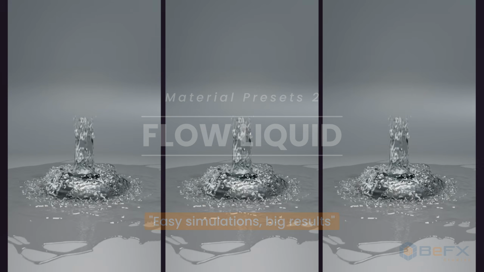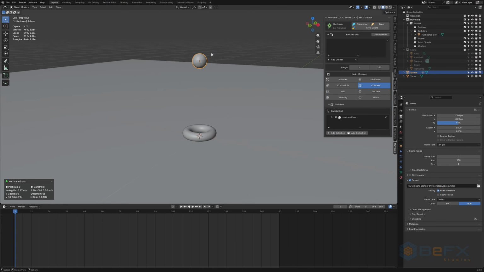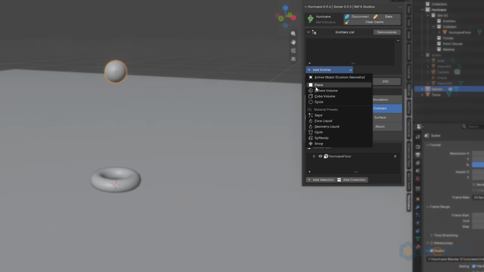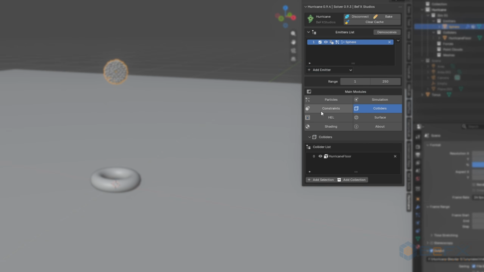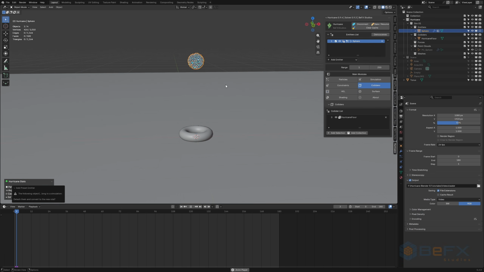As its name suggests, this preset will generate a continuous stream of fluid. In this scene, we will have a sphere acting as our emitter and the torus functioning as a collider to add more dynamic interaction to our simulation. We select our sphere and assign it an emitter using the Flow Liquid preset. If we hit play, you'll notice the initial result isn't entirely satisfactory,